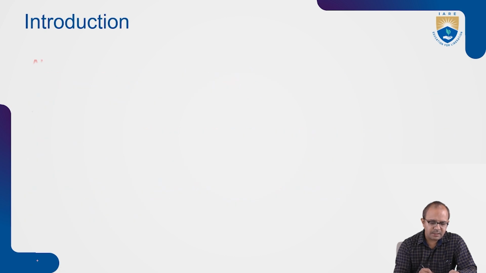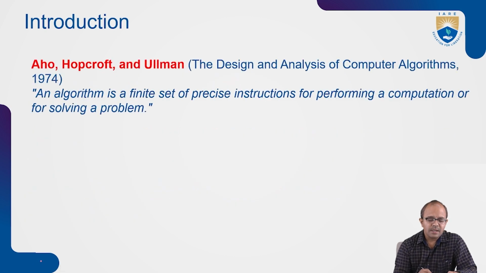The other definition we come across is: an algorithm is a finite set of precise instructions for performing a computation or for solving a specific problem. This is one more definition from the author Woolman. So the algorithm consists of a set of precise instructions without any ambiguity. Each step has a purpose and a definite functionality towards solving a specific problem.